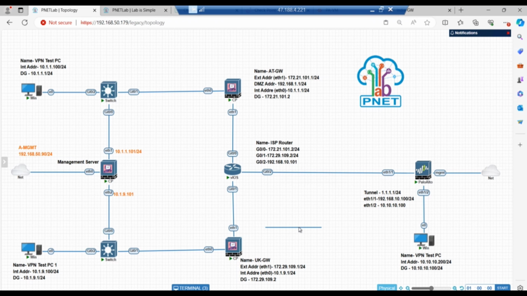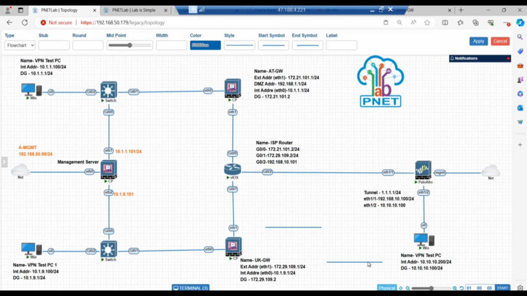Anyways, let me just say line, and if I select this line, so this is the other tunnel side. This would be the tunnel between